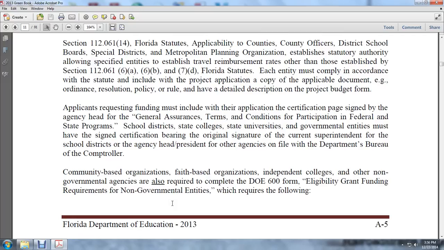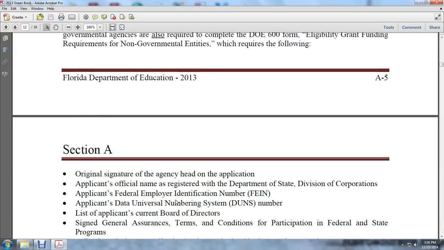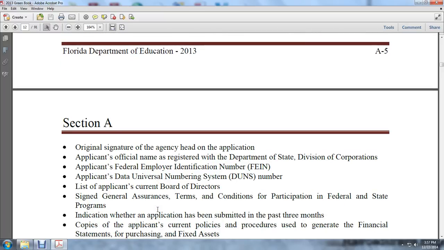The community-based organizations, faith-based organizations, independent colleges, or other non-governmental agencies are also required to complete the Department of Education 600 form for eligible grant funding, the requirements for non-governmental entities, which require the following: original signature of the agency head on the application; the applicant is official and registered with the Department of State, Department of Corporations; the applicant's federal employer identification number; the applicant's Data Universal Numbering System, DUNS number; a list of the applicant's current board of directors; signed general assurances, terms and conditions for participation in federal and state programs;